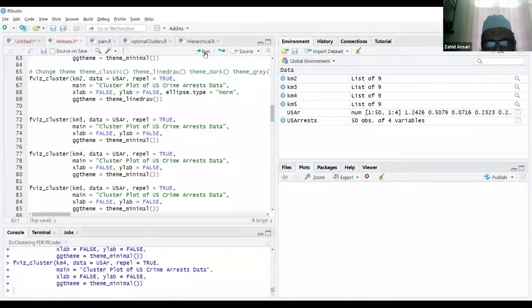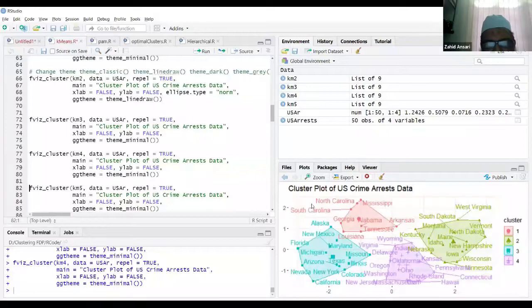Yes, it has drawn 4 clusters, right? So we see 4 clusters like so. These are the division or the clustering of the states based on their crime patterns or crime arrests.